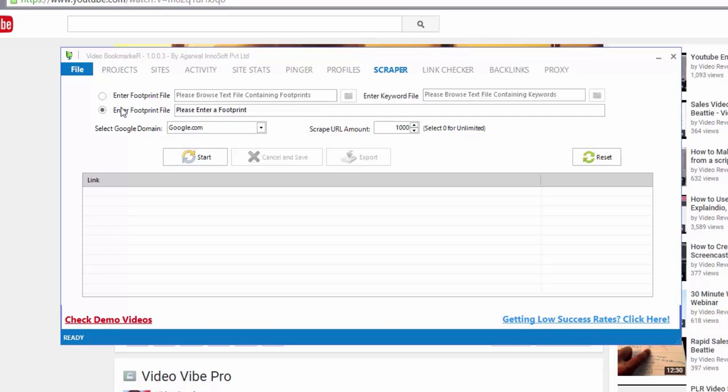what you can do right here where it says enter footprint, please enter footprint, you can use the various Google operators, okay, to search for specific keywords on specific sites that would identify them as social bookmarking sites, for example. So what we can do is use a Google operator such as this, in text, okay, and then in quotes, submit